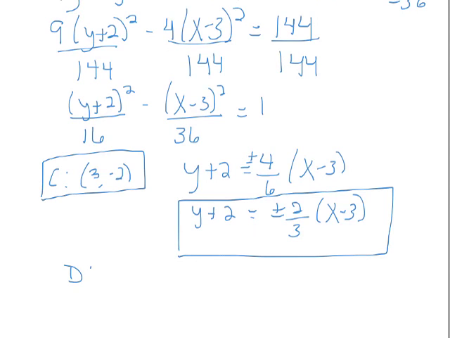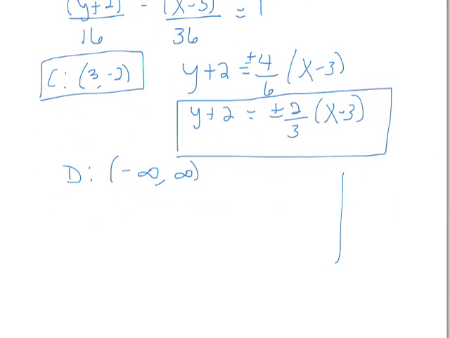And then the domain, so to figure out domain, I need to realize it's opening up and down. So that means my domain is going to be negative infinity to infinity. I don't know if you can picture that, because what's happening is it's going to be opening up and down. Actually, wait, I didn't want to do that. I just wanted to show you a quick sketch that if it's opening up and down like this, then our domain is going to be all possible x values. So negative infinity to infinity, our range has to be from negative infinity, and then it has to be to